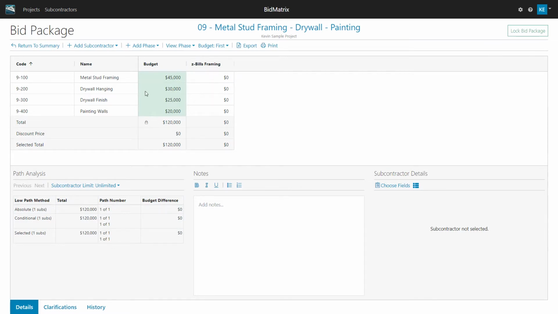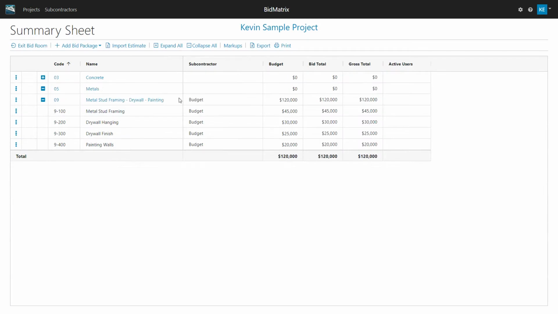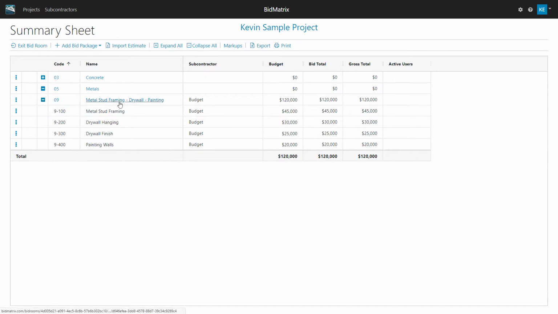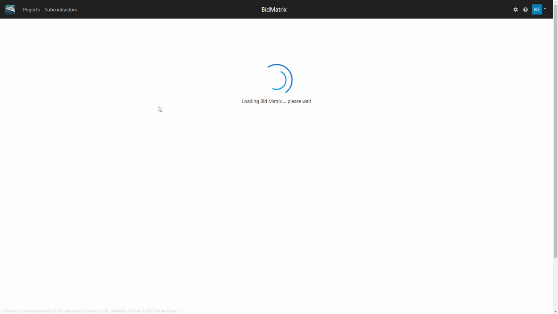So this is where I could start to put in different prices. If I go back to my parent page here, you'll start to see that I've already put in a budget, and I've already got a grand total, because in the worst case scenario, it's going to use my budget number, at least for something, until I come up with better numbers. My budget is where those values are all coming from.